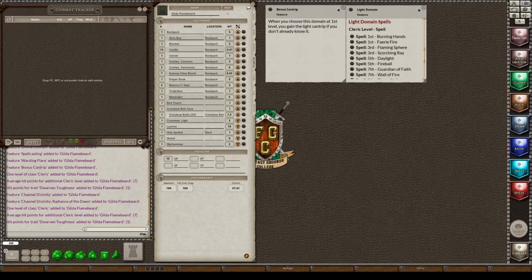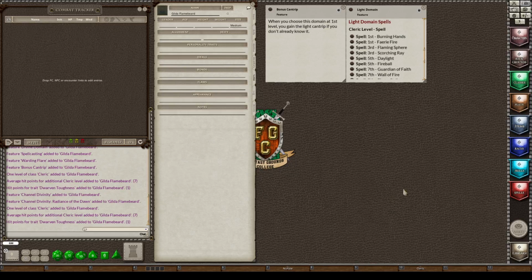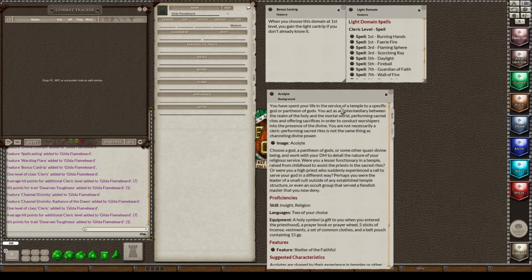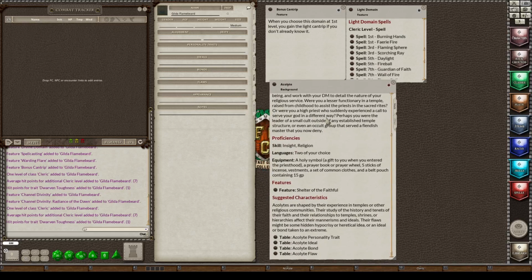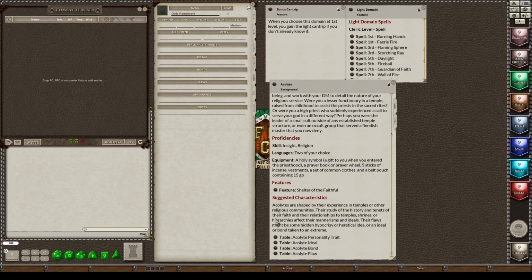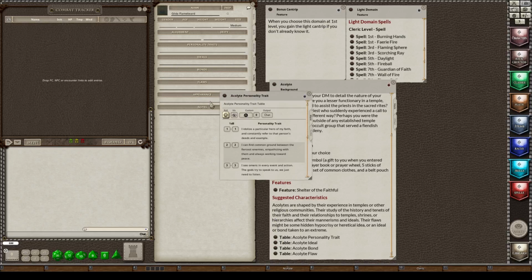We can close the cleric screen down and we can move on to notes. Now, if I was using this character in an actual campaign, I would add the gender, age, weight, height, alignment, and deity, but we're not going to be messing with that. We're going to go back to our Acolyte tab, or Acolyte pop-up, because there are some tables that you can roll. And I'm going to delete this text over here so I can see what comes up from my rolls.